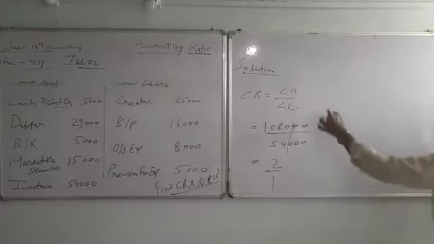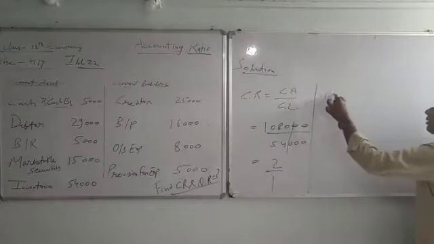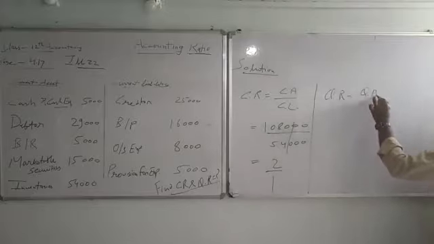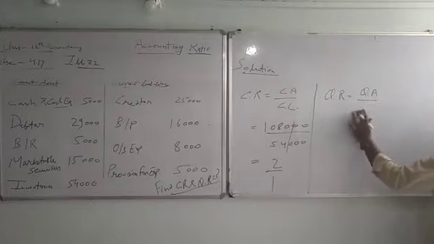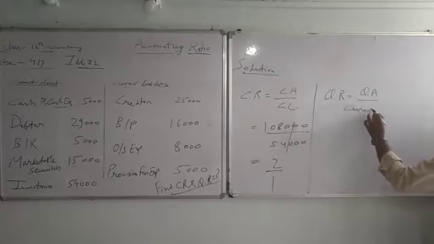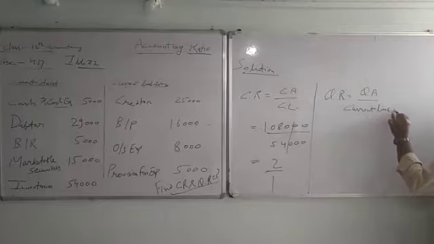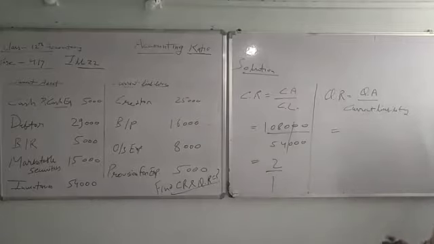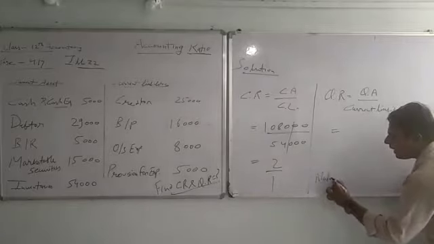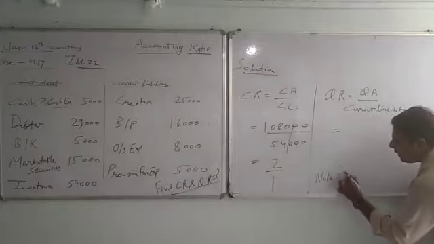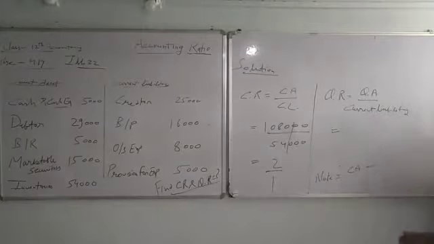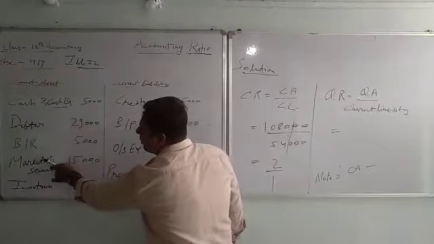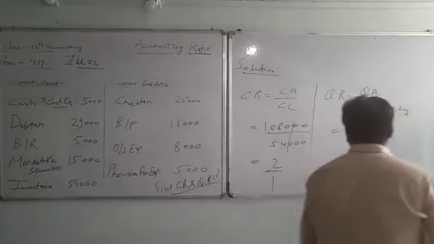Okay. Now, quick ratio. Quick ratio is equal to quick asset divided by current liability. Now we have to find the quick asset. So we have to write the note because quick asset we have to find. So for quick asset, what we have to do? Current asset minus something is given here. Inventory and prepaid expenses we have to remove. So here the inventory is 54,000 that we have to remove.